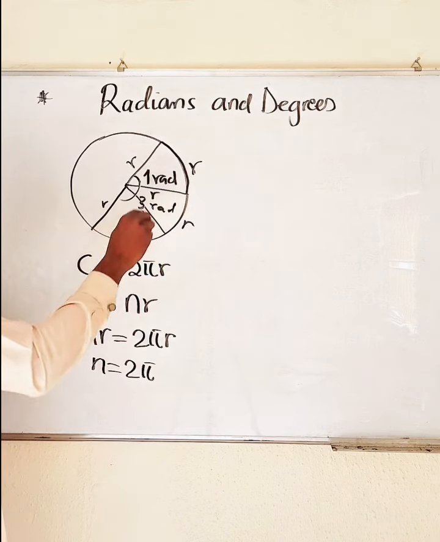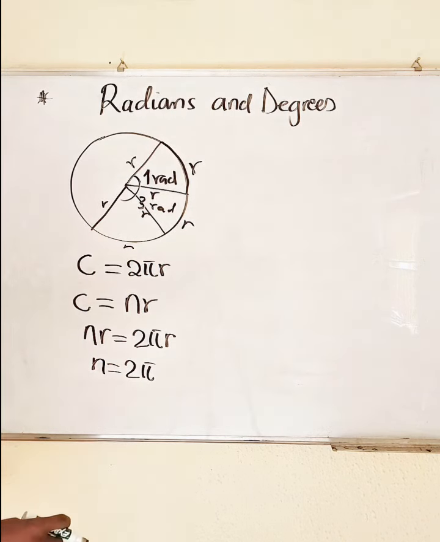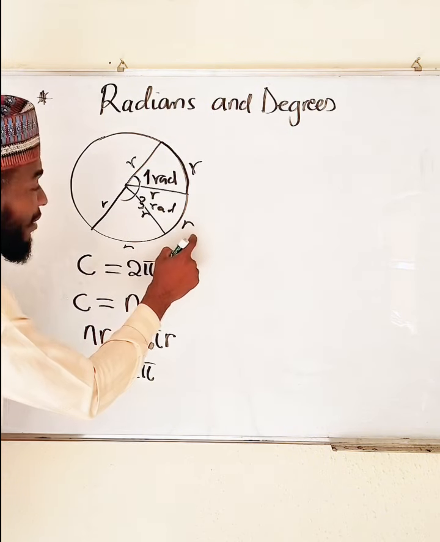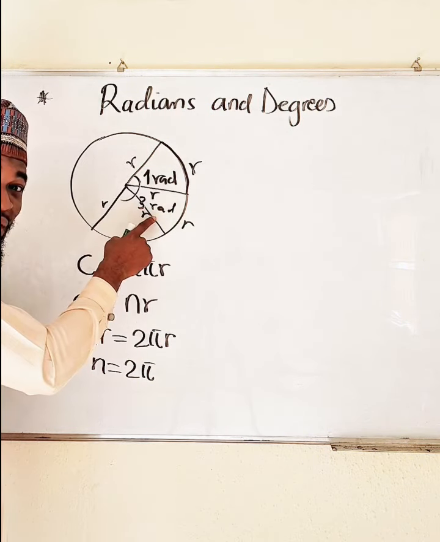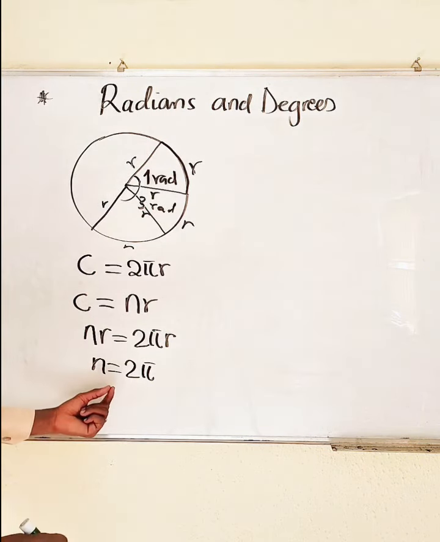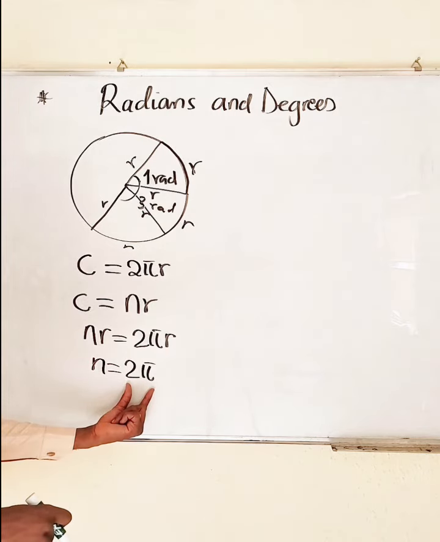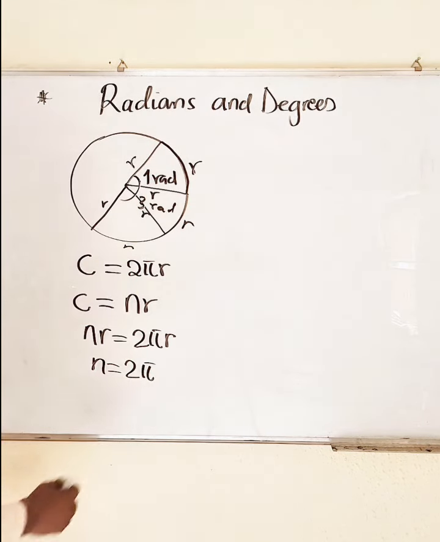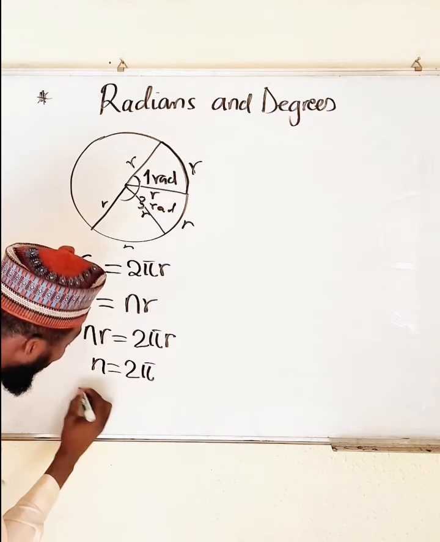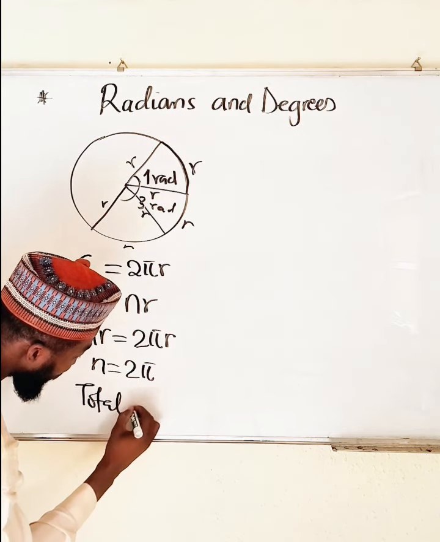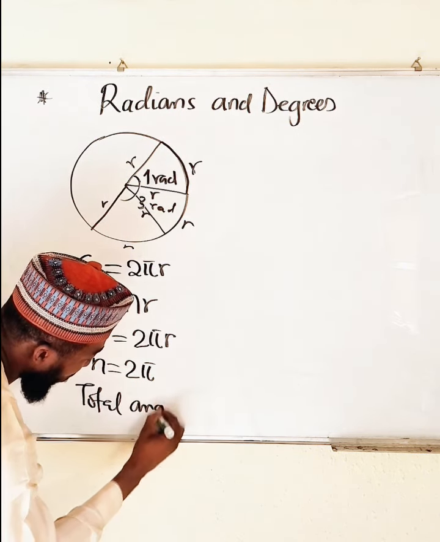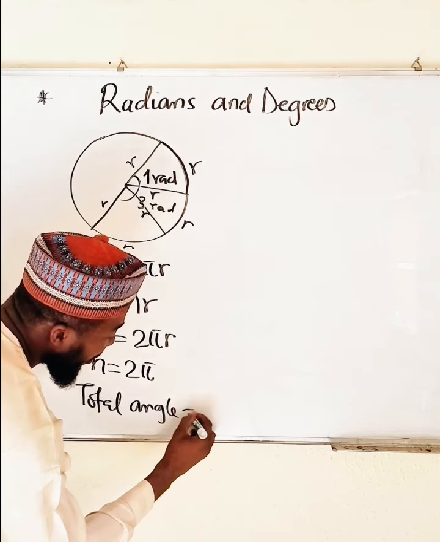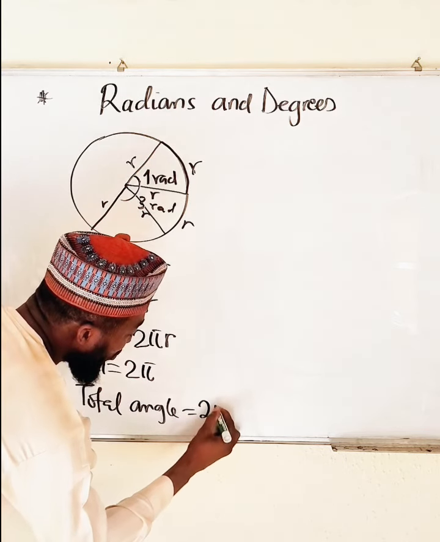So we want to find out how many of these we're going to have. If r is 3, we have 3 radians. Therefore, if r is equal to 2 pi, we are going to have 2 pi radians around a cycle, right? Therefore, the total angle around a cycle is what? 2 pi